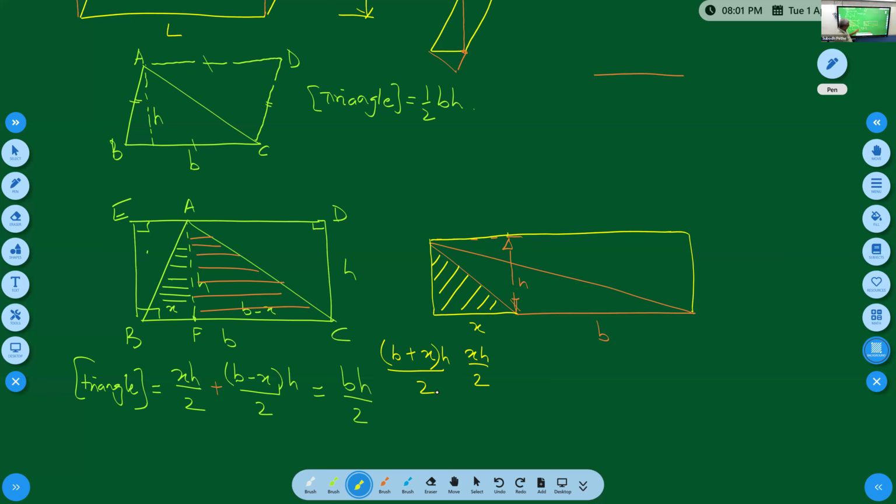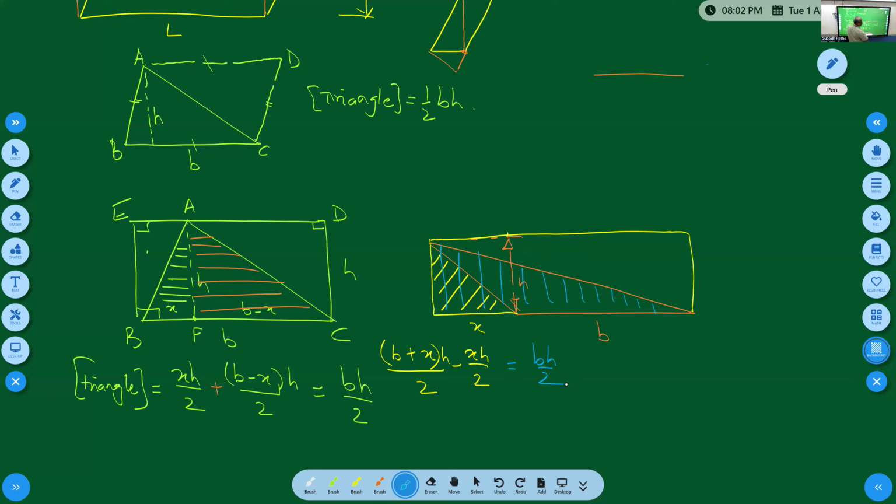Correct? Area of big rectangle is B plus X into H by 2. Sorry, not big rectangle. Area of this is B plus X into H by 2. But we want orange area, therefore we have to subtract X into H by 2, which is equal to